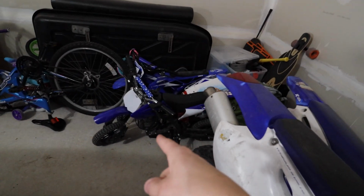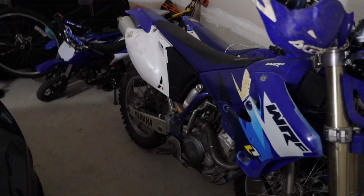So I have this 250, I have a 125, and then my kids have a little 50cc. What I want to do is, obviously the bike's got a lot of issues. The fork seals are leaking, the tires are all chewed up. Truthfully, this whole thing probably needs a tear down. But something I've been thinking about is